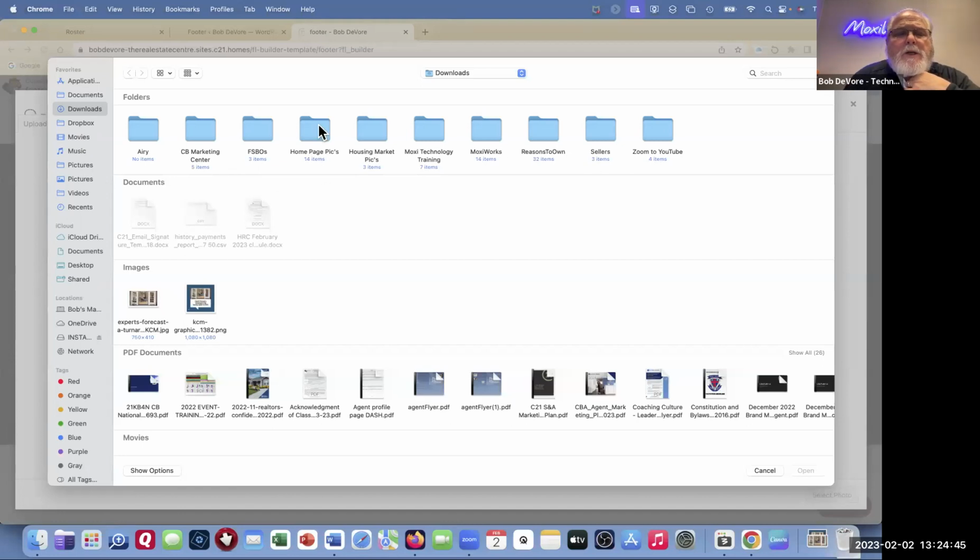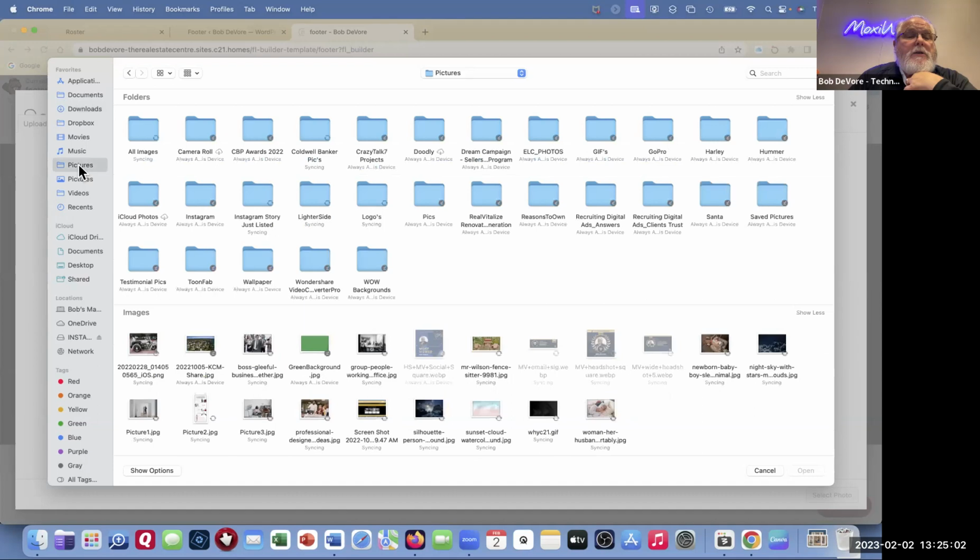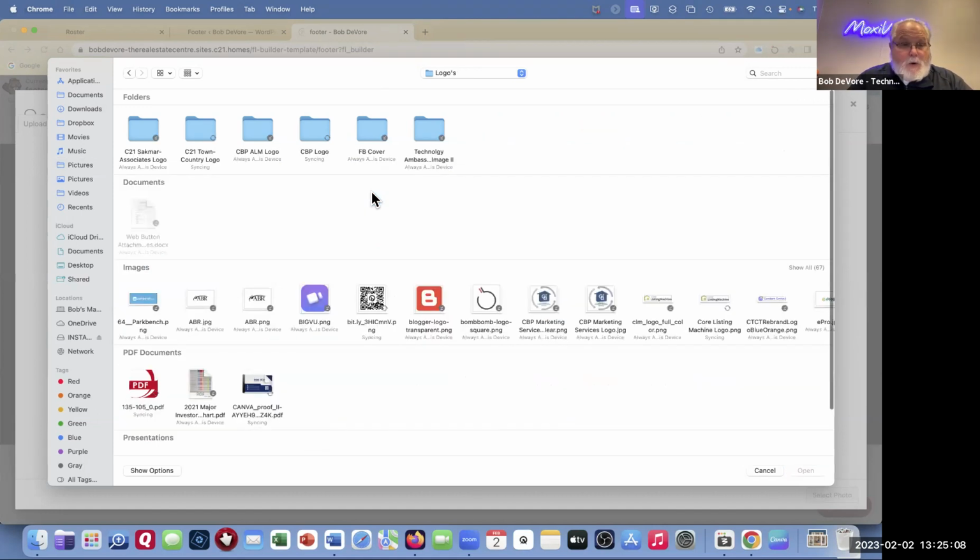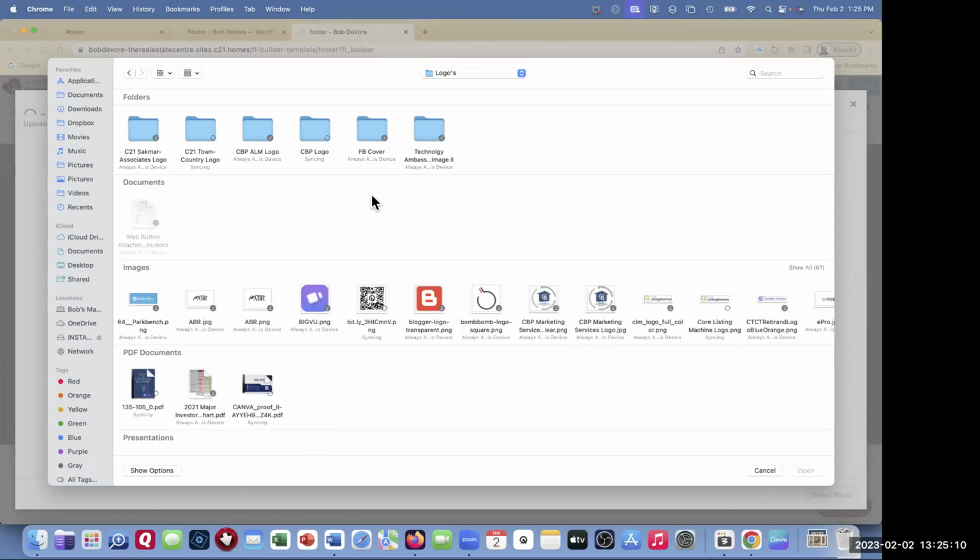Let me see, homepage pics. No. Now, where do you select the file? Again, you can select them from anywhere. Right now it opens to my downloads folder, but I don't want my downloads folder. So I'm coming over here and clicking on pictures and I'm going to go to logos. If they're on your desktop or your downloads folder,